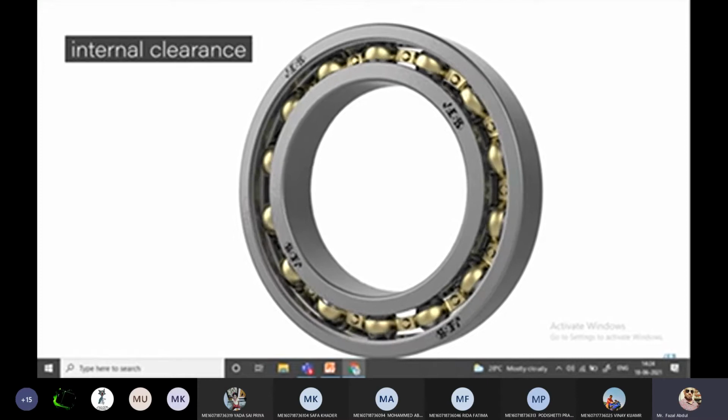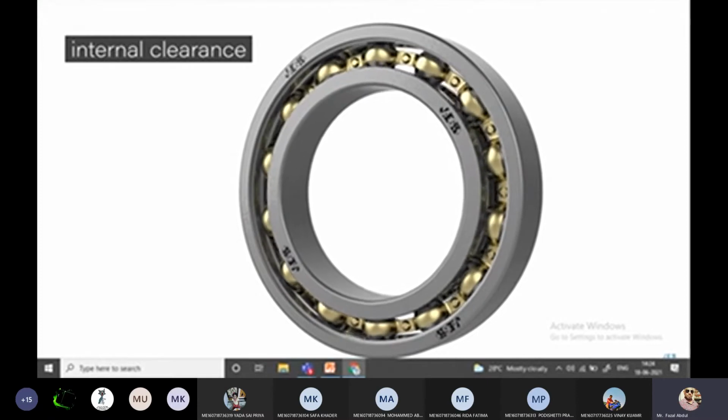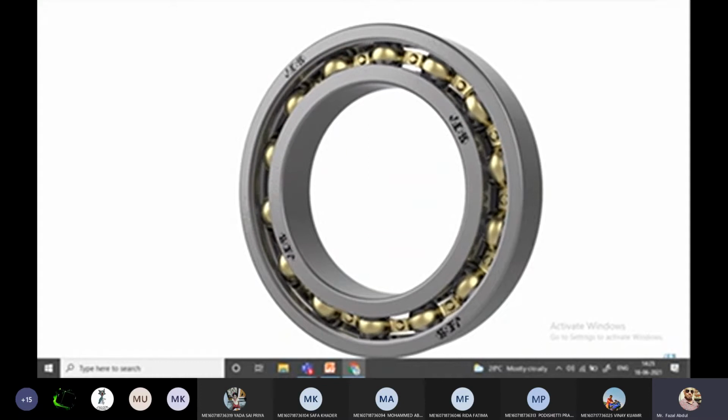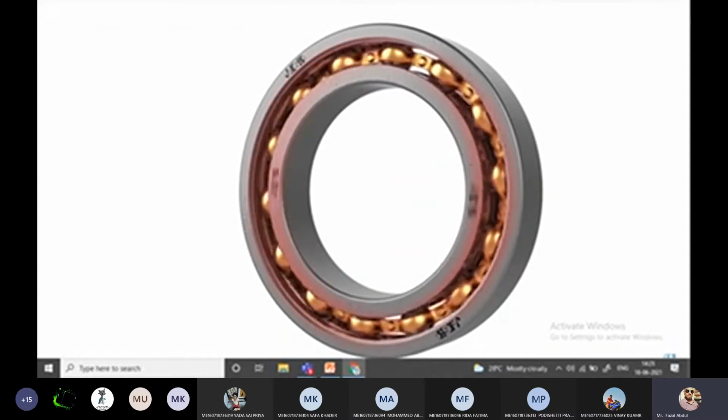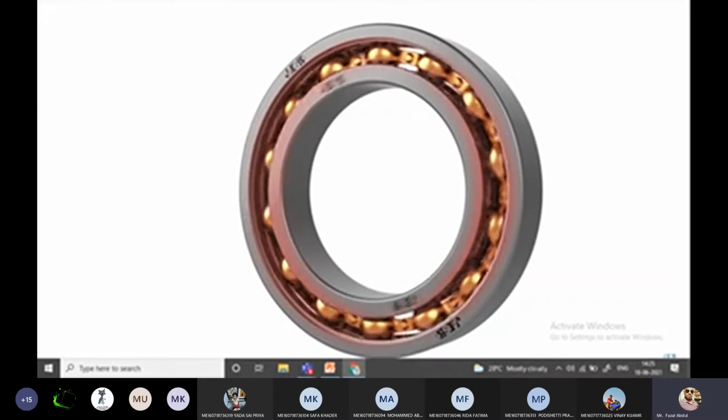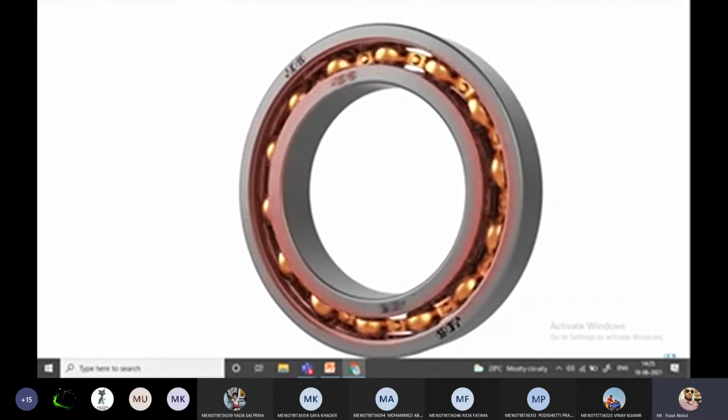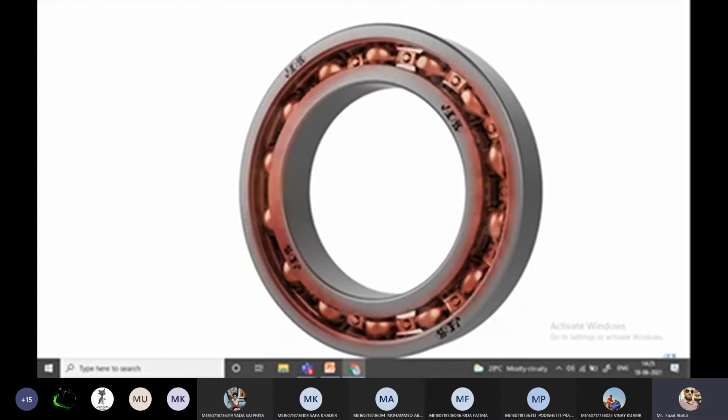In order to work correctly, bearings need a certain radial and axial clearance, so that when they reach the working temperature, their thermal expansion won't lead to over-tightening, which would cause the bearings to wear, or in the worst case, even a seizure.